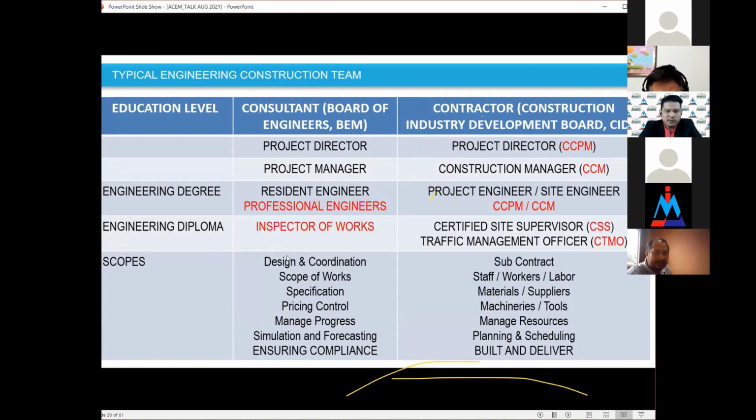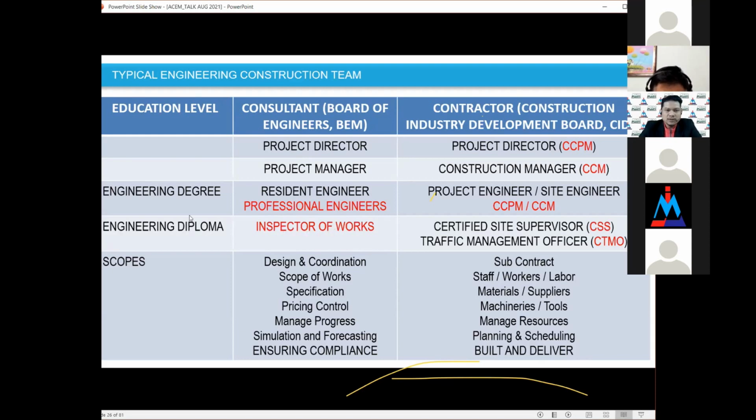We have specified our scope over here, starting from compliance up to design and coordination, where the contractor works on the subcontract, manages the resources, and builds and delivers. So basically, these are the things we expect from both agencies. And our engineering diploma graduates will be registered from the consultant side. They will register as inspector of works, IOW, or what we used to call clerk of works.